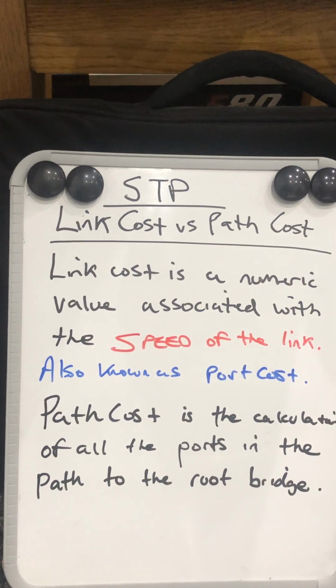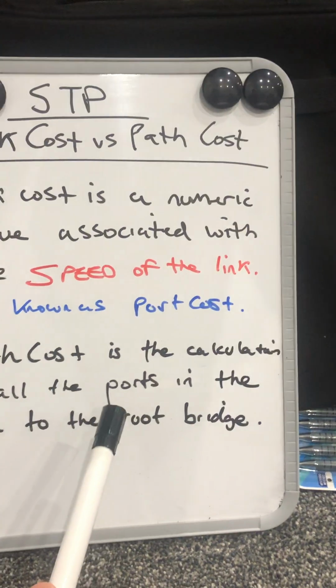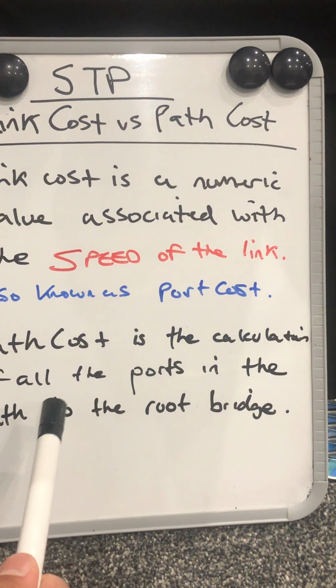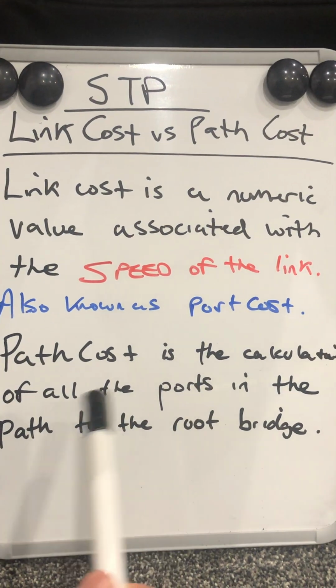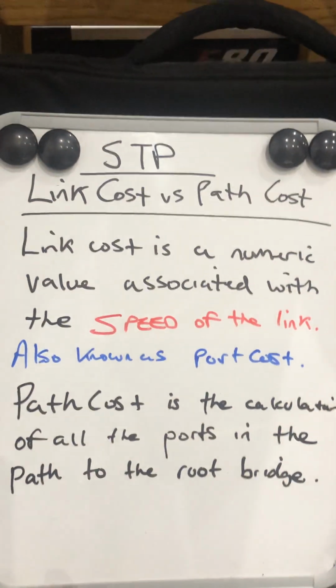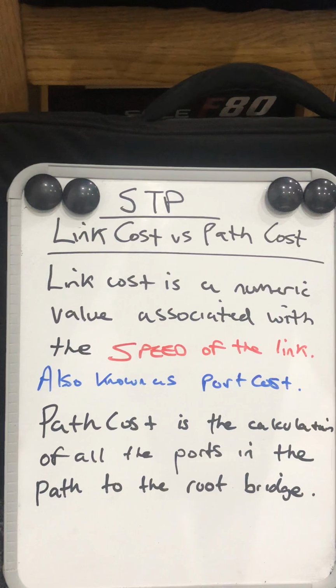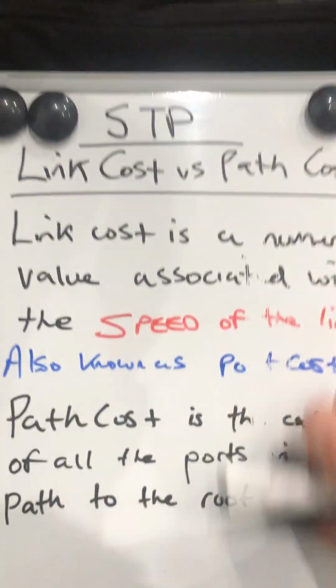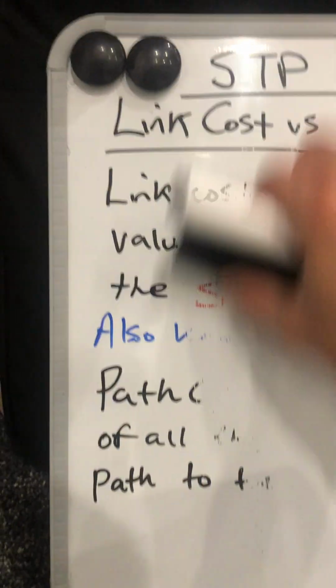And for path cost now, path cost is the calculation of all the ports in the path to the root bridge. So it's a sum of all those different costs. So for example, if I were to rub this out now and give an example,